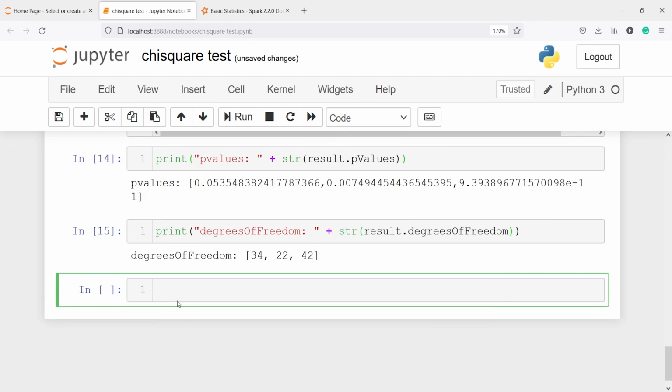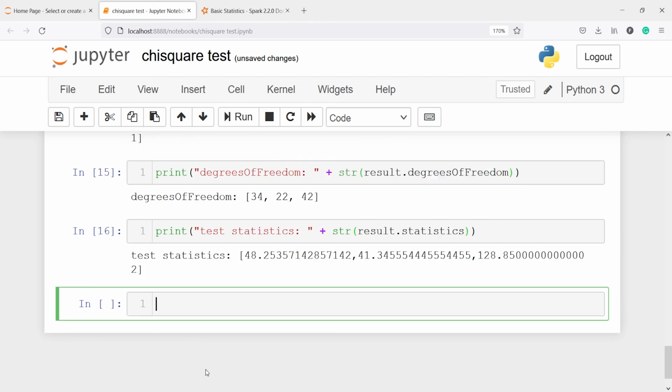So these are the degrees of freedom for our three independent variables. And next is the test statistics. I'll print test statistics, plus str of results.statistics, and these are the test statistics for our three independent variables.